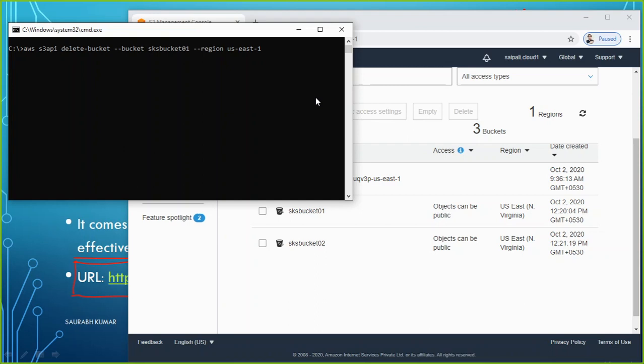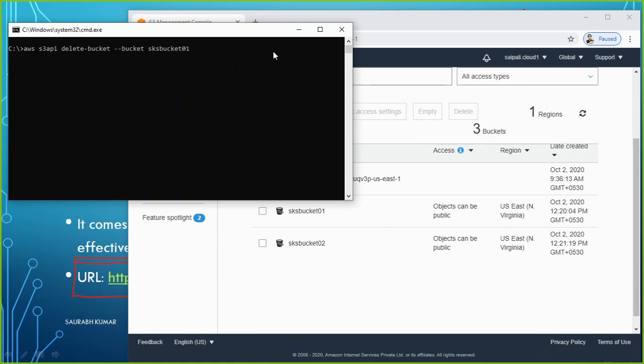That's the region where I want to delete this bucket, because this is the place where my bucket is. This extra step is required if you are not in the same region. Maybe I am logged in with the Johannesburg region, and I am deleting a bucket which is stored in North Virginia. Then I have to add this extra thing. Otherwise, if I am in the same region, I don't even have to mention that.